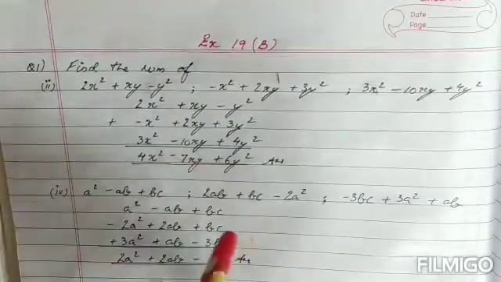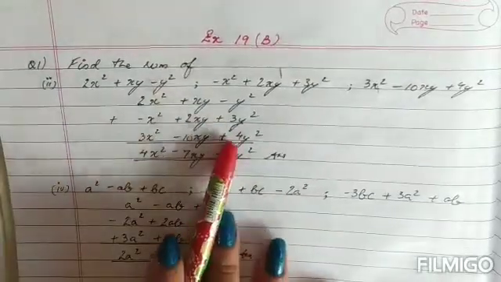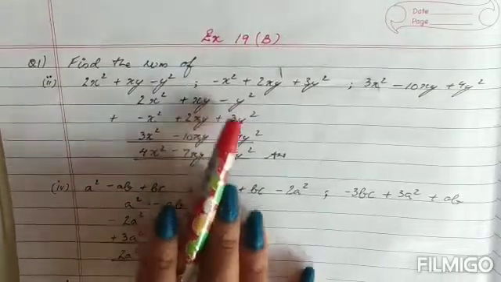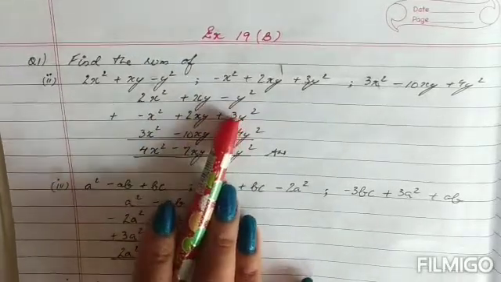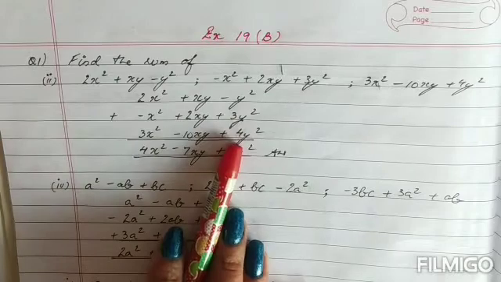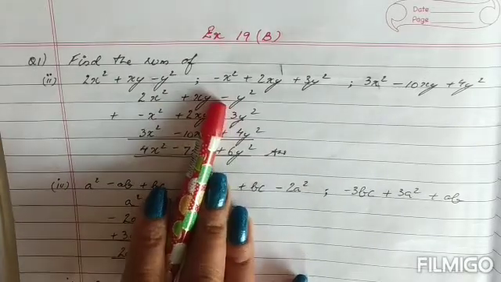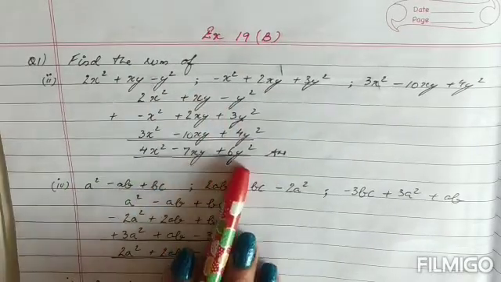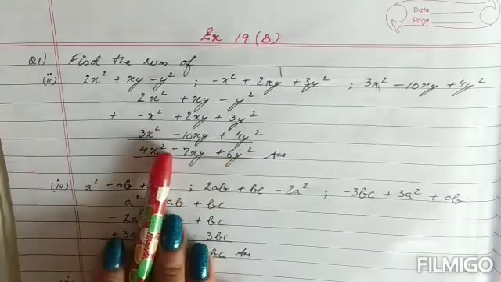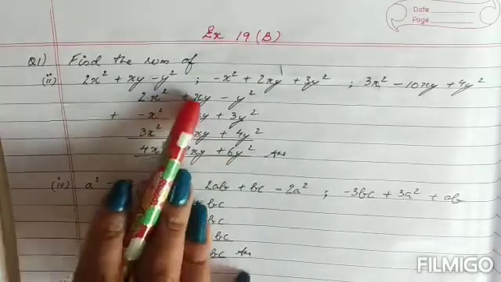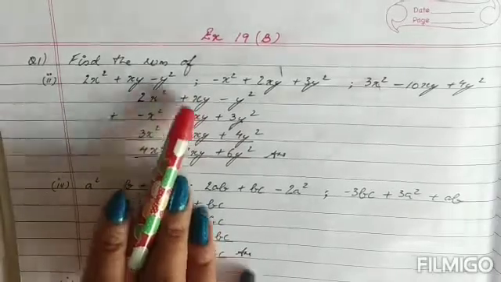And now according to the integers, children, you have to do it. Now this is a plus and this is a plus, so add both the values together. So 4 and 3 will give you a 7y square. From that we have to subtract a y square, so the answer is a plus 6y square. Similarly, the second one, children, this is plus and this is plus with a positive sign, so add them together.